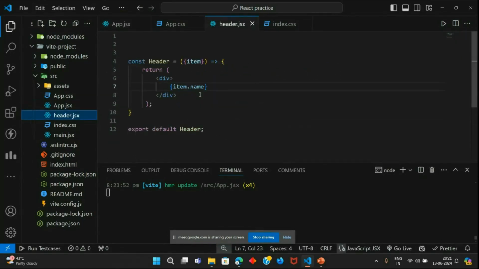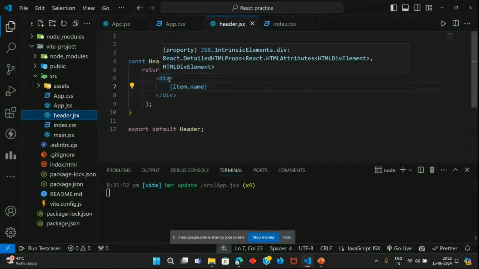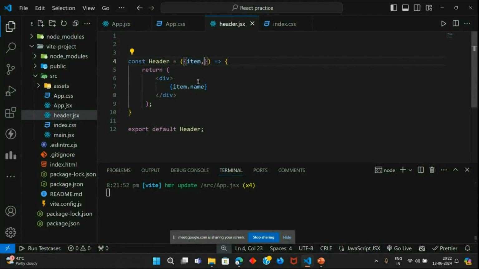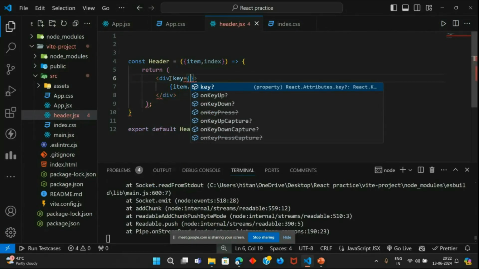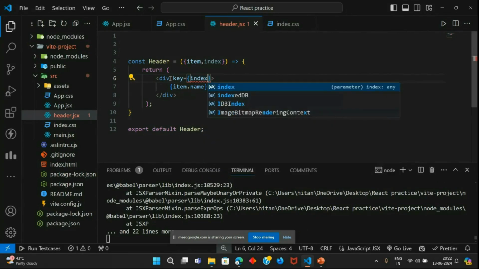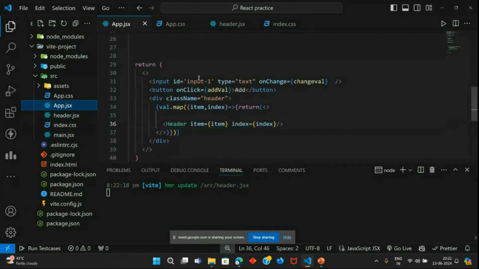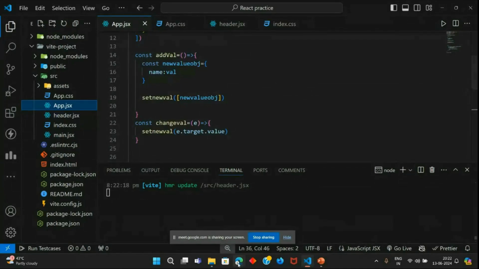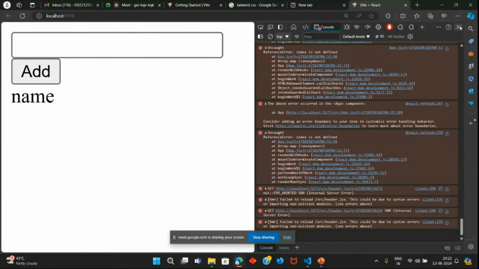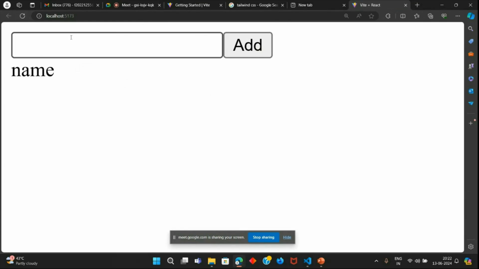Going on to header.js, I am going to write a key here. I am going to also get an index here, and write key equal to this dot index. I feel this is it. Okay, so this works. Yes. As you can see, we have name printed here. And if I am going to write another name, oh,